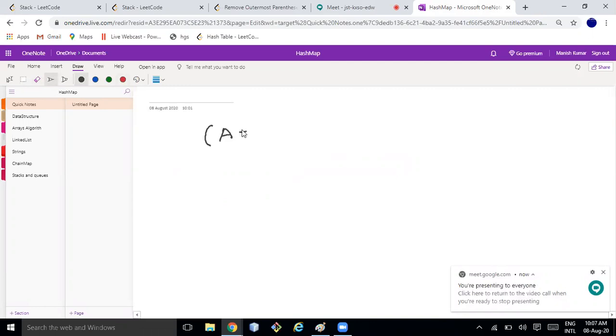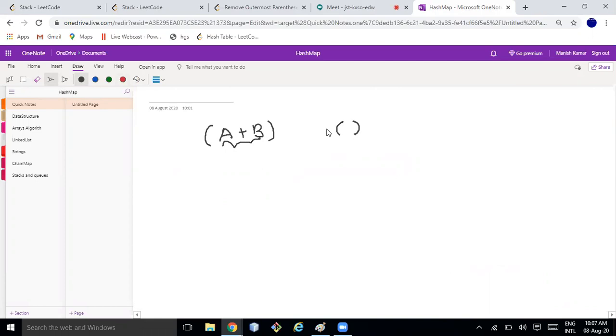So this can be one valid parenthesis, right? Or for now let's remove this part. Okay, so I can assume if there is nothing, then this valid parenthesis can be like this. Or maybe some other string, something like A plus B, and then something like this is there.